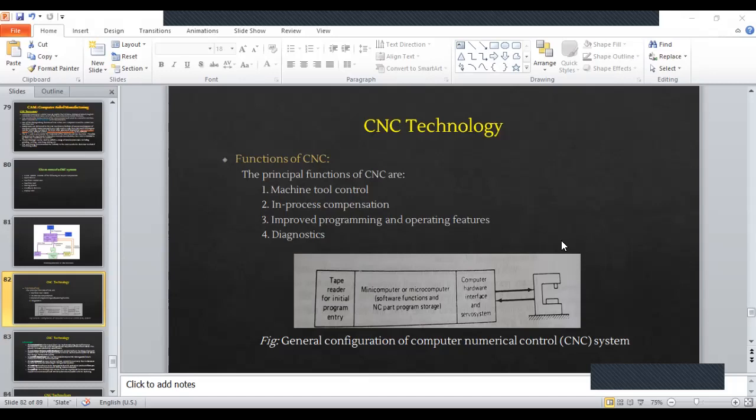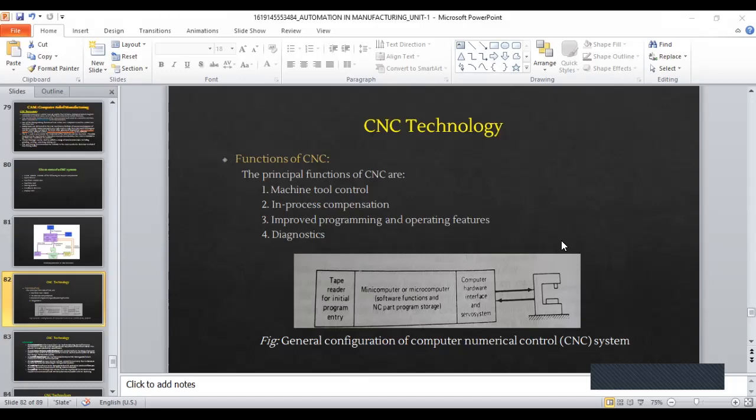Even for the operation, that control unit, that display unit will have the operating commands, right? Diagnostics as well. It should be able to tell what is the condition of the tool, if there is any vibration, etc. Diagnostics is what is the condition of the machine. That's what we mean by diagnosis. So it should be able to tell what component is likely to fail, what component is not functioning properly. As I told you, it should give some alarming sounds to indicate something is wrong.